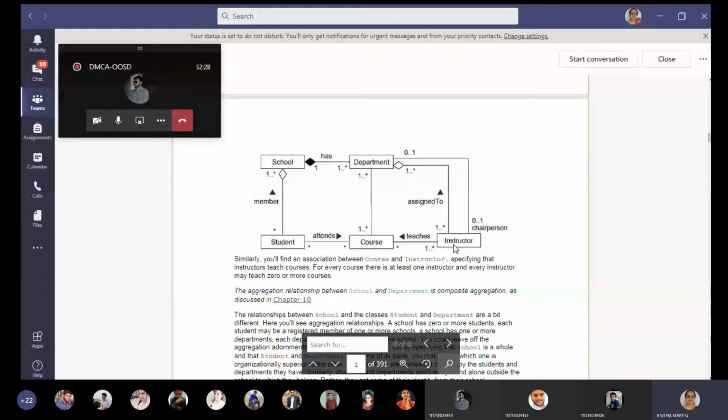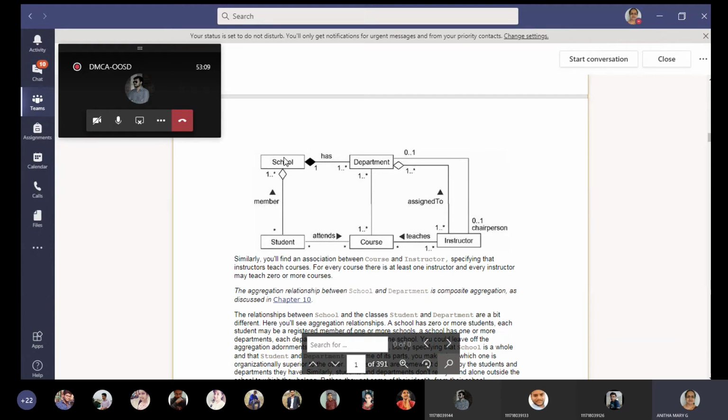Once they are done, we need to relate them. If you take the prioritized one, first it is the school as a whole, and its parts are nothing but department and students. A school doesn't exist without departments and without students. That's why we say students and department as parts and school as a whole. So it is a whole-part relationship. When a whole-part relationship exists, we give it as aggregation. And what is the aggregation symbol? Just a solid line with a diamond pointing to the whole.